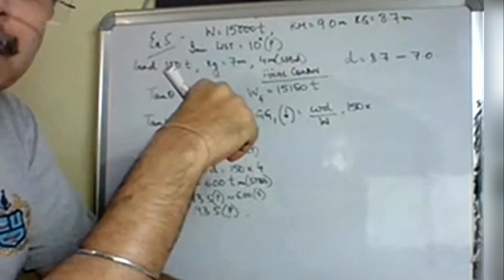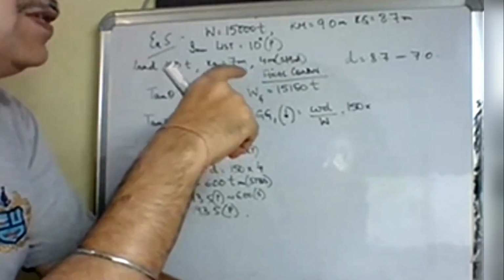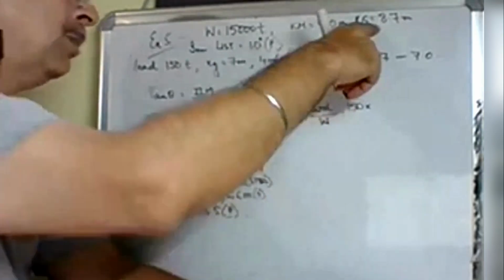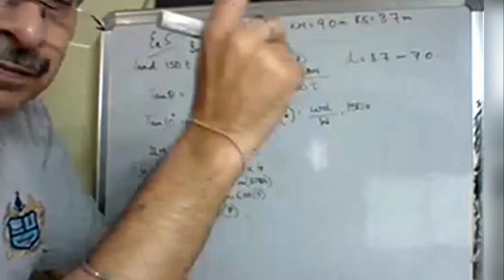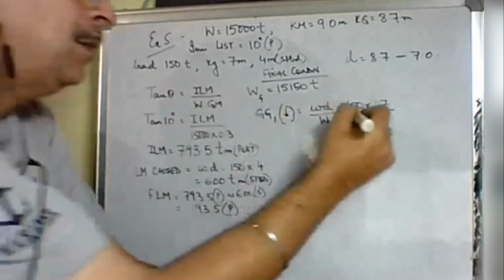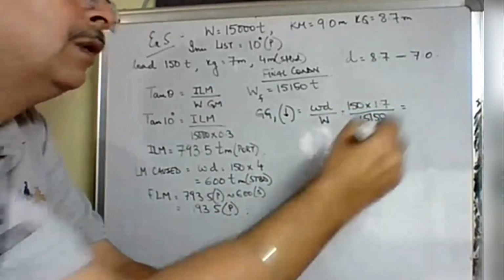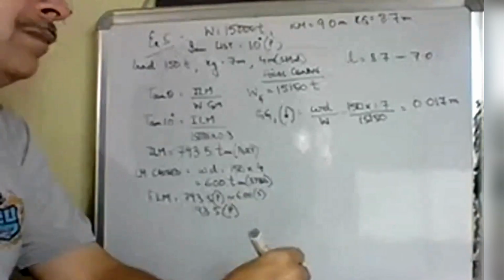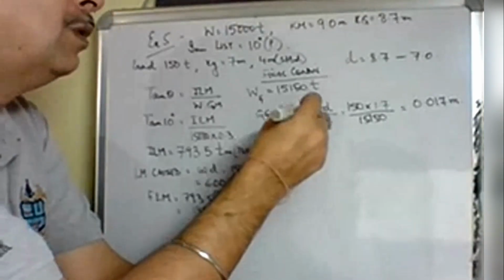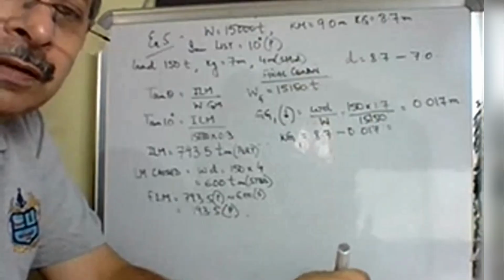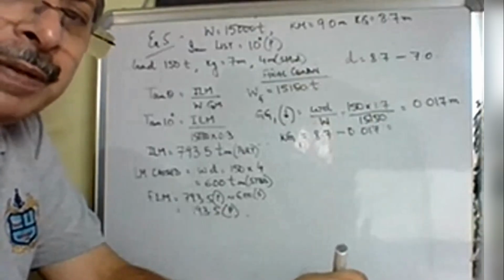9 minus 8.7, that is 0.3. It is the difference, again I'm repeating, the difference of the KG of the ship and the KG of the weight. So 0.3 divided by 15,150 will give me GG1 going downward 0.017 meter. Therefore KG1 is equal to 8.7 minus 0.017. The final KG1 will be equal to